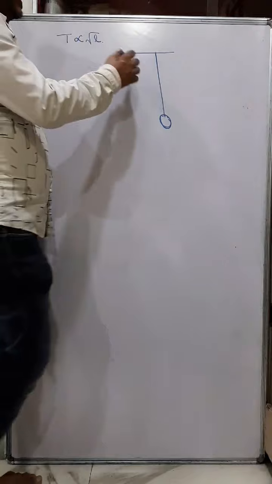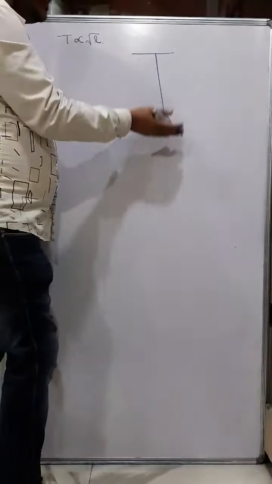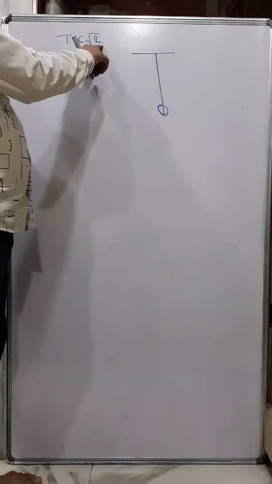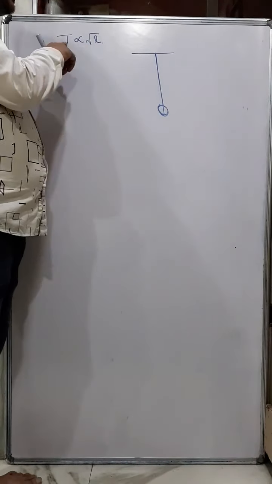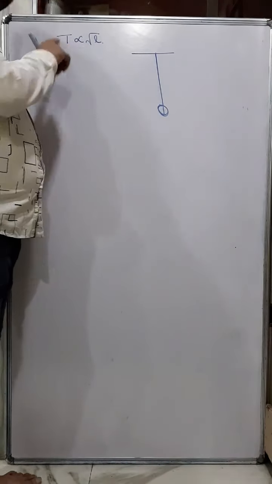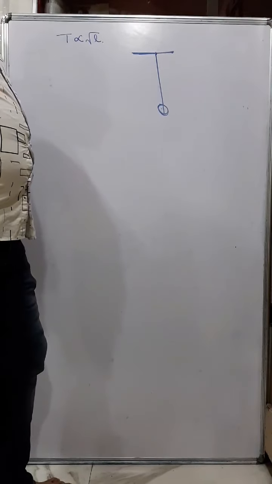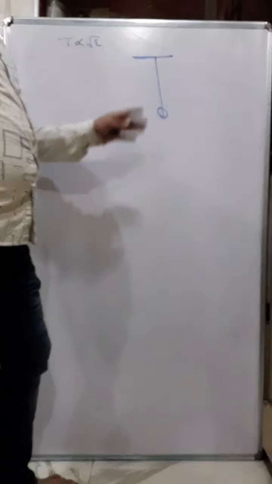It is due to the fact that in winter the pendulum contracts, so the size of the pendulum decreases. So that means the length decreases. Length decreases means time period decreases. Now time period decreases means the pendulum will complete more oscillations in a given time. So therefore the clock goes fast.